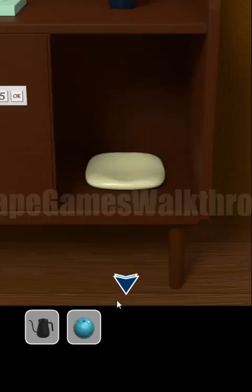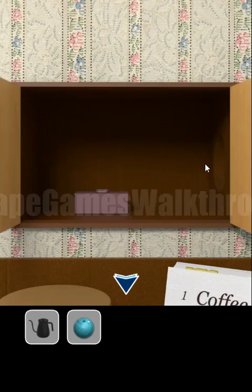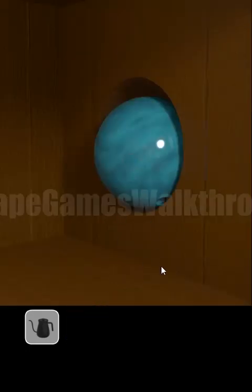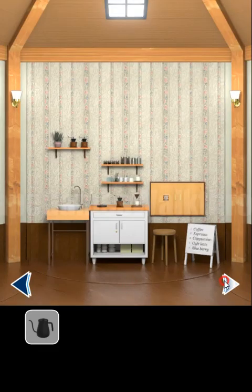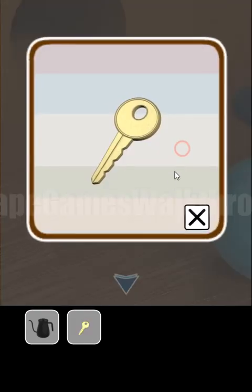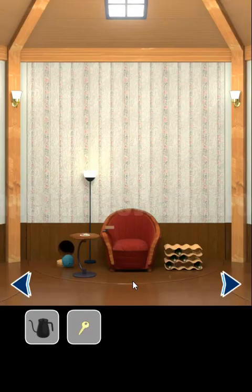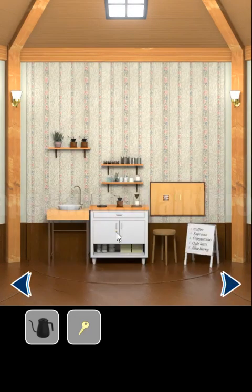We've got a billiard ball that now we can use and throw into this hole, and on the next row we can see that the lid is removed and we can get the key. So the key is to open the drawer in the kitchen